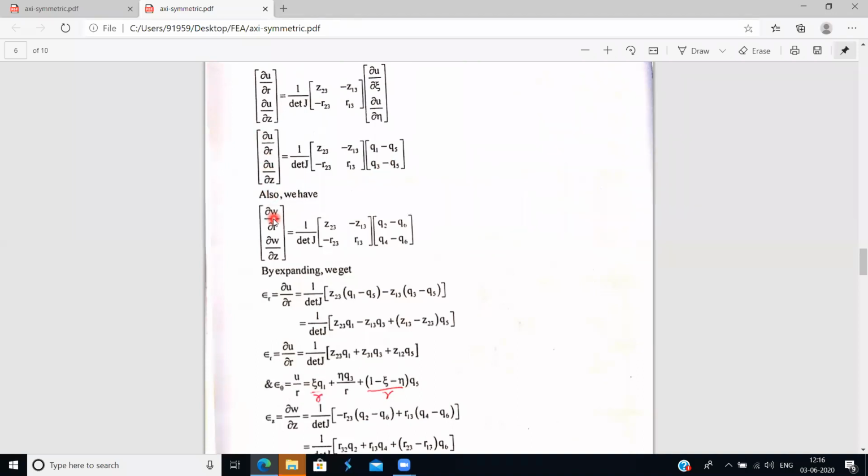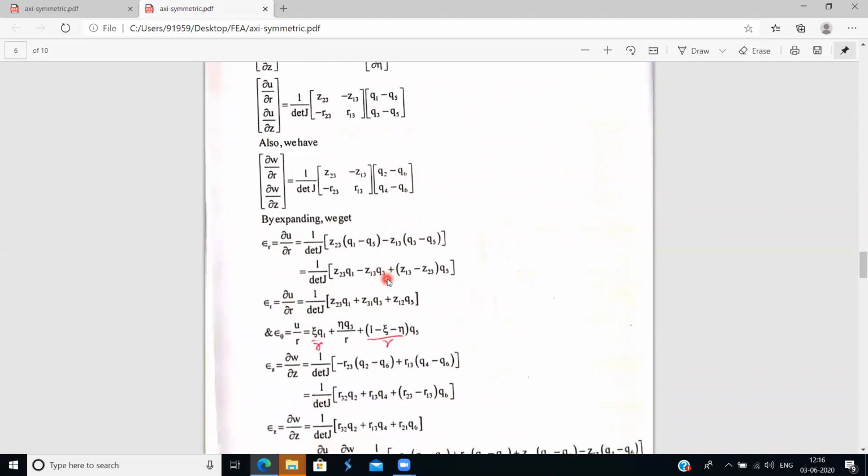Then we will get dou W by dou R, dou W by dou Z along the W direction. Then we will get Q2 minus Q6, Q4 minus Q6. This is along the U direction, and this is along the W direction. Now by expanding and simplification, epsilon r is equal to